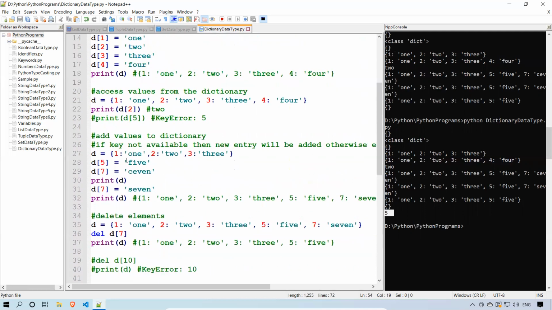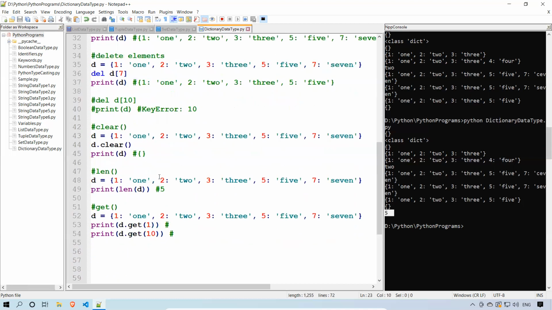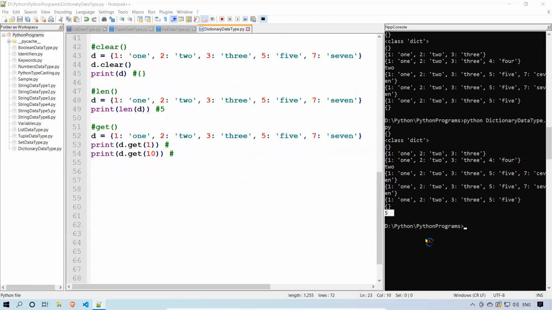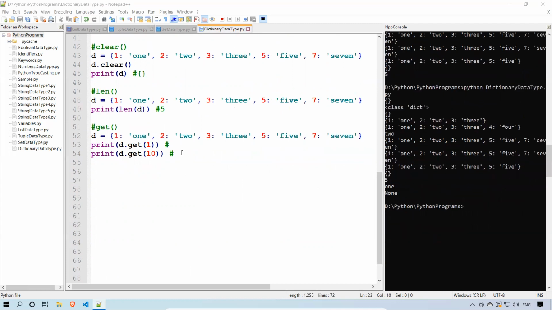Get is also to access. You see the difference: this is giving me 1, this is giving me None. So you will not get any error when you use the get method. But if you access the elements the way you use an index, you'll get key error if the key is not present in the dictionary.